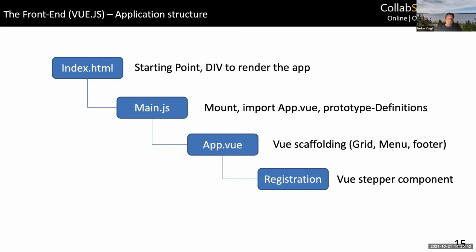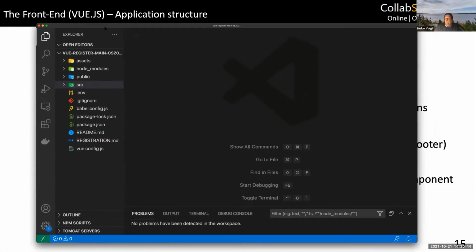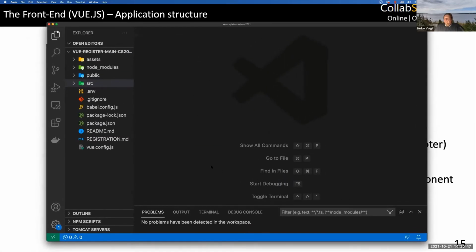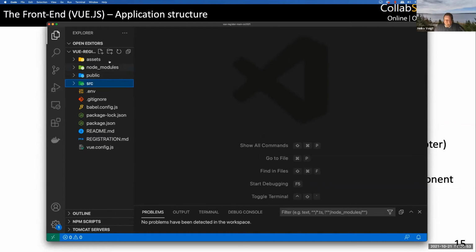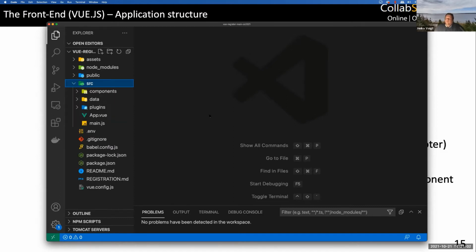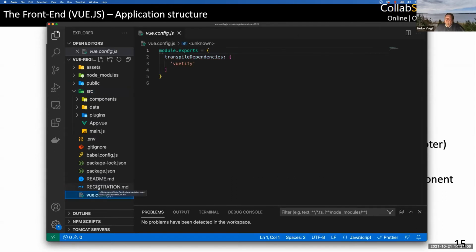And I have to pick the right Visual Studio Code window right here, just to give you a quick overview of what this is. I have sorted all of that out into a project structure, and all of my code is located in my source control folder. The Vue.js config file down here manages more or less the dependencies that we have in this project for